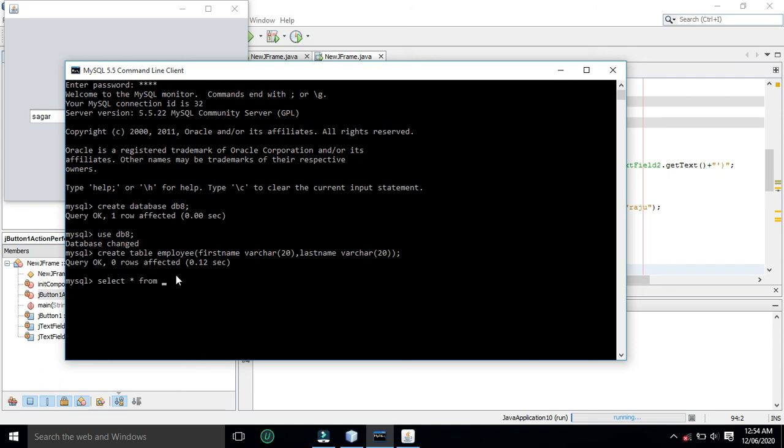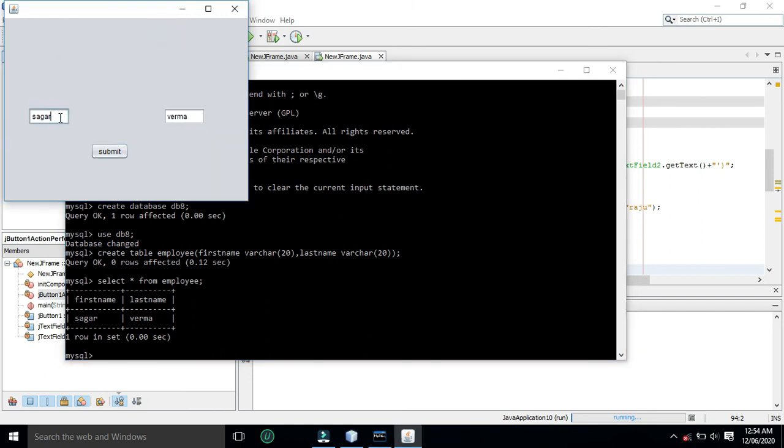You can insert as many rows as you wish from this application. For example, let's enter some more values like Richa Sharma. One row updated. Now let's see whether it has been inserted or not.